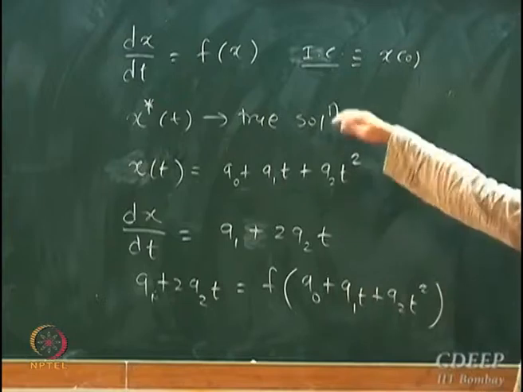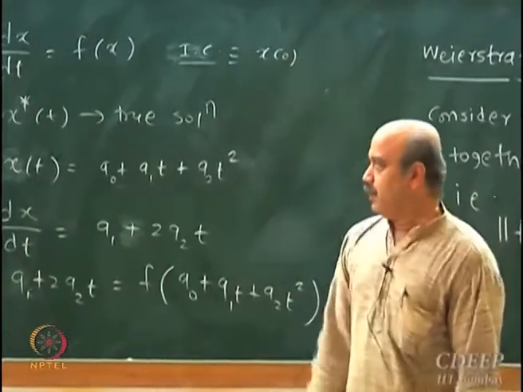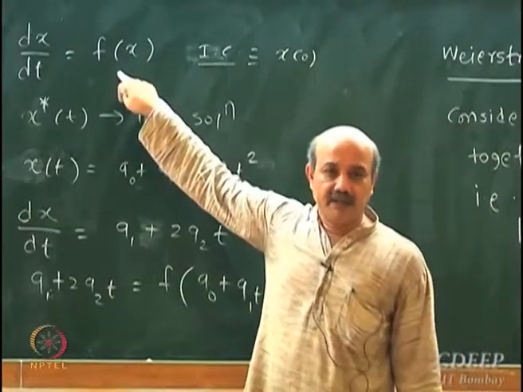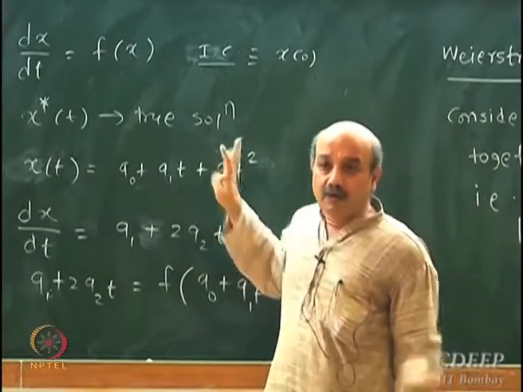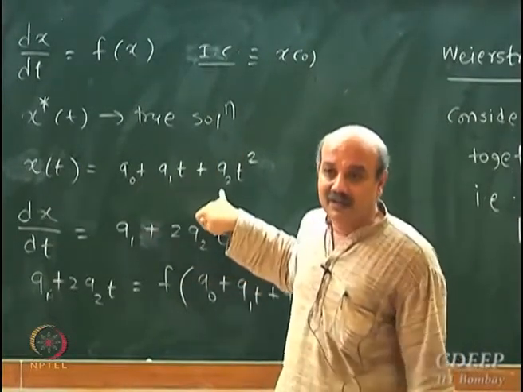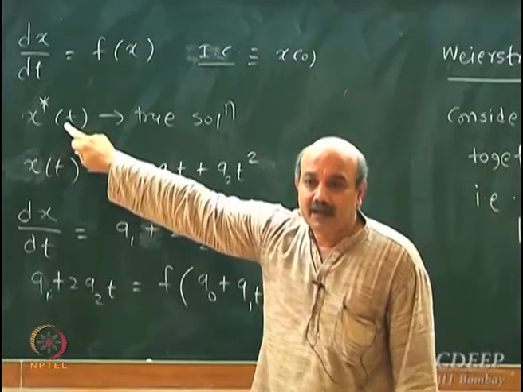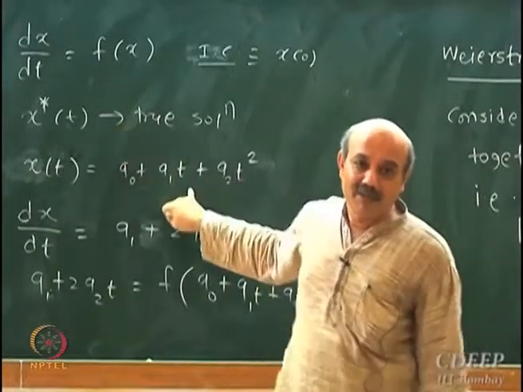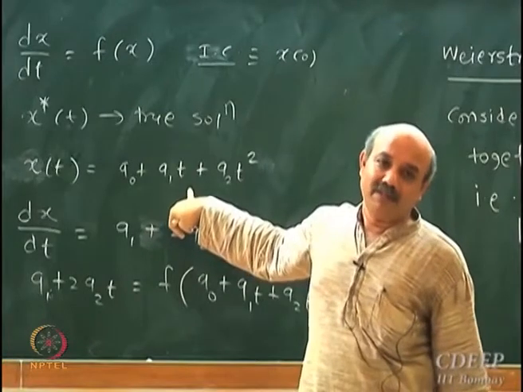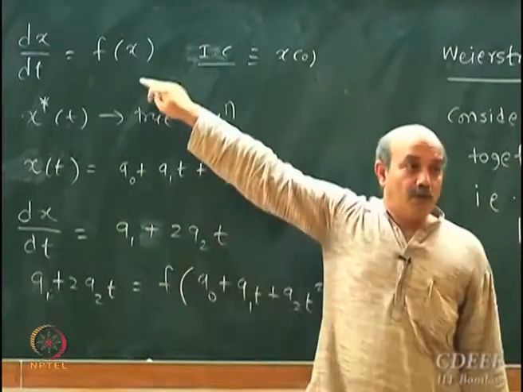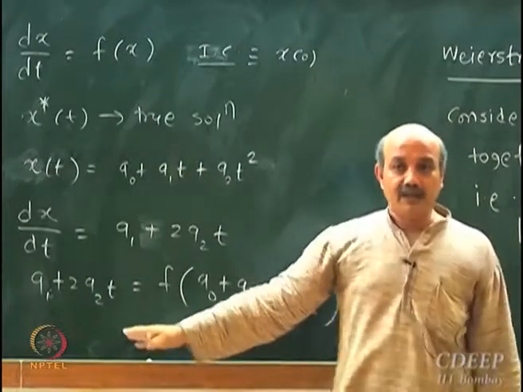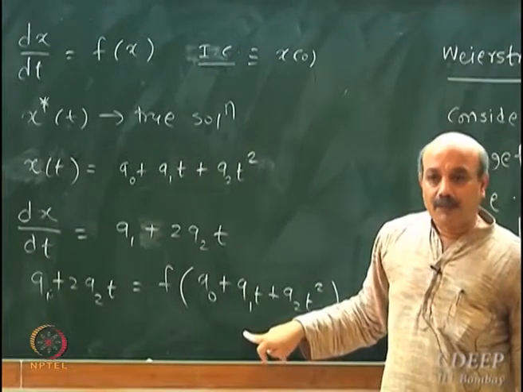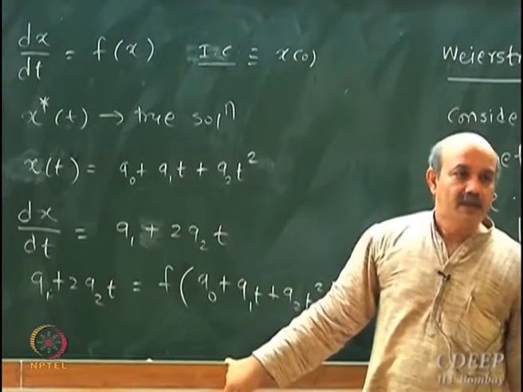I am doing something which is very naive. We will do it in a much more sophisticated manner afterwards. I just want to make a point here. This is the differential equation I started with. I approximated it using a polynomial form with unknown coefficients. I do not know a0, a1, a2. The true solution is x star. With what boldness can I do this? I know that a continuous function can be approximated by a polynomial function. I substituted this. What happened? What looked like originally a differential equation now looks like an algebraic equation with unknowns a1, a2, a0. The problem is transformed from a differential equation to an algebraic equation.